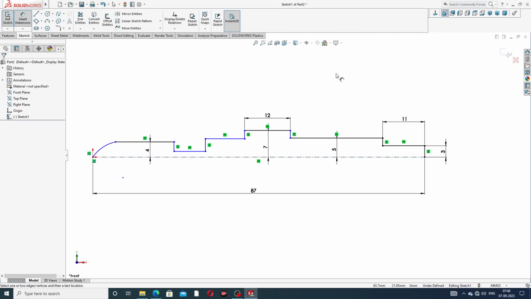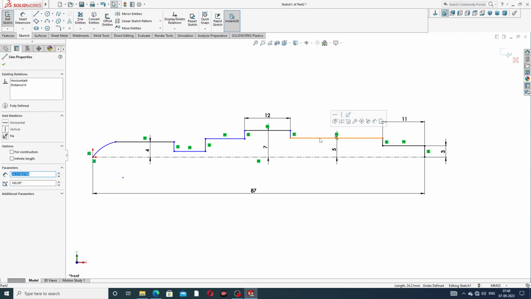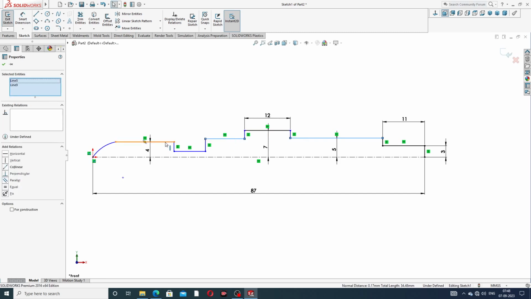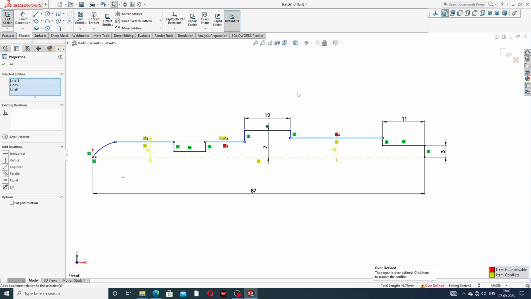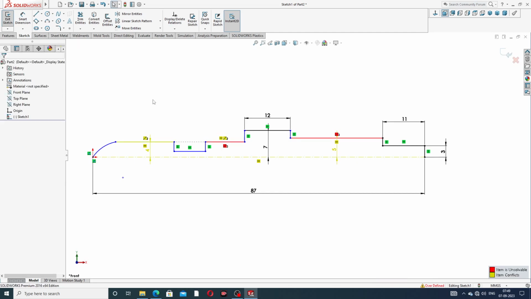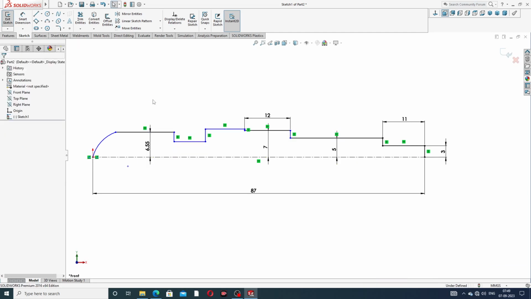Okay, and this line, press the control button and select this line, and this line, three lines connect. This is collinear. Okay, this is 5 millimeter,